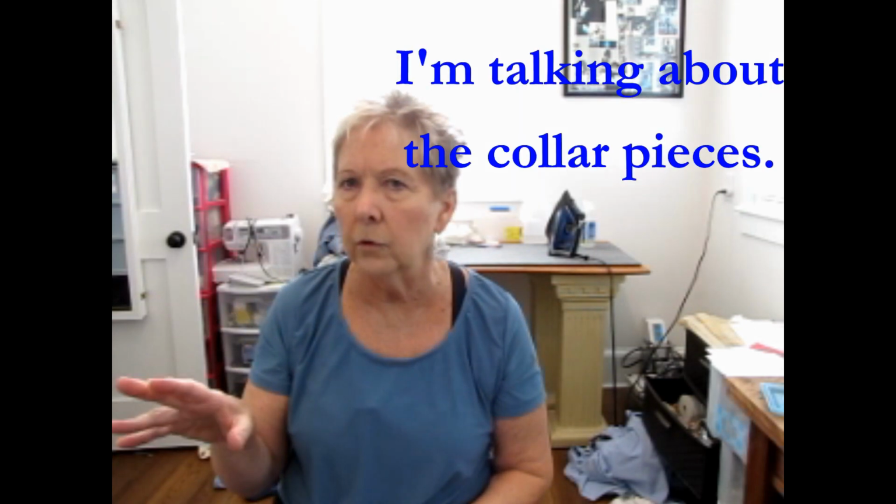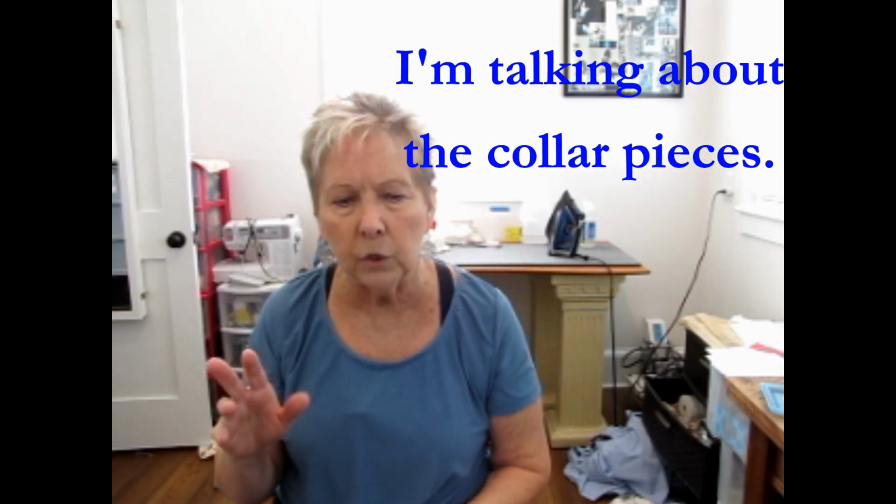The pattern is made by somebody whose native language is not English. But anyway, they also didn't say which side to iron the interfacing to, and I looked it up and it's the bottom. So I did do that, but why have 3 pieces? Because I couldn't tell that there was a difference in size for any of them. So you could have just had 1 piece and had it marked to cut